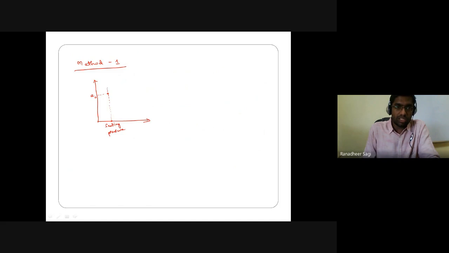So if the void ratio of the soil is increasing, let's say this is the void ratio you are going to have in your soil. Now I will continue to perform the consolidation test. In the consolidation test, we apply the loading and see how the dial gauge changes. Whenever there is no further change in the dial gauge reading, we go on to apply the next increment of load, and so on.